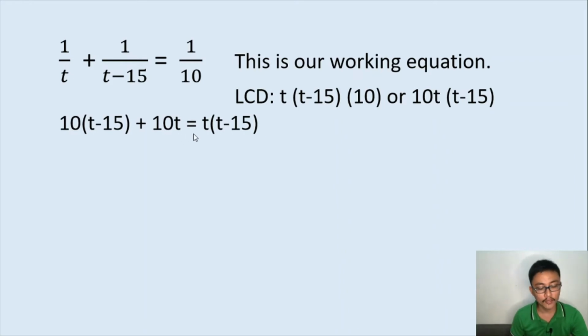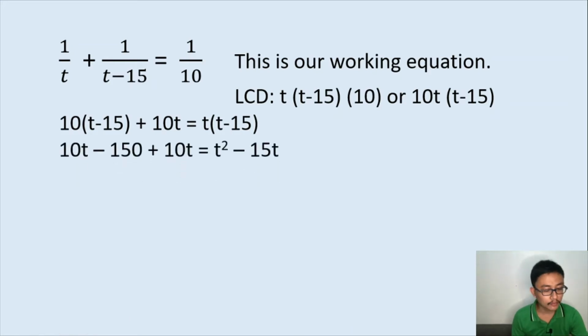Equals, doon naman sa 1 over 10, ang mawawala is yung 10, cancel na yung 10, so ang matitira is 10 times 1, so that's t times the quantity t minus 15. And then, we just distribute 10, no? Dun sa parentheses. So that's 10 times t, 10t minus 10 times 15, negative 15, that's 150 plus 10t equals sa kabila